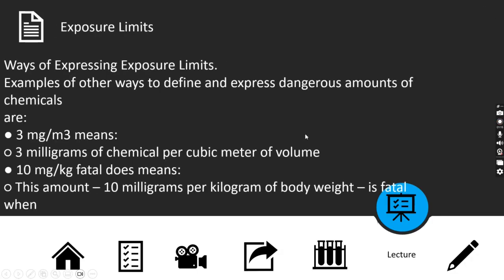Exposure limits. So you're going to have exposure limits. Those are listed in the SDS. The way that they're listed, 3 milligrams per cubic meter, means that there's 3 milligrams per cubic meter of volume for the room. And that would be an exposure limit. If you're consuming this in any way, even if it means breathing it in, 10 milligrams per kilogram fatal, which isn't for everything, this is just an example. This means for every 10 milligrams per kilogram of body weight,